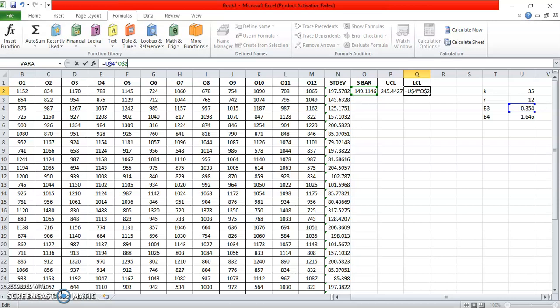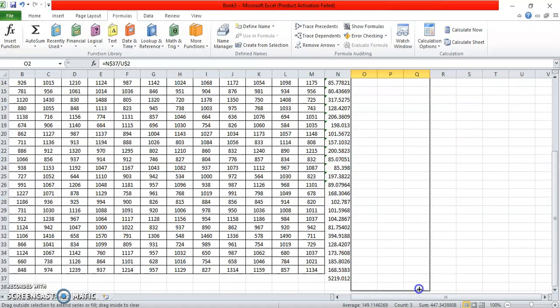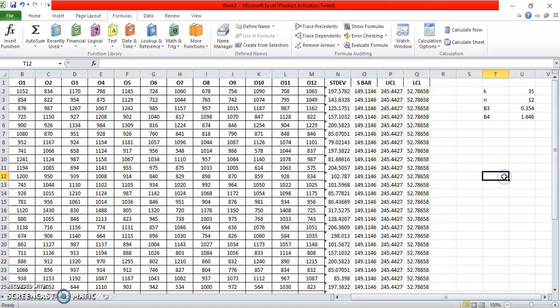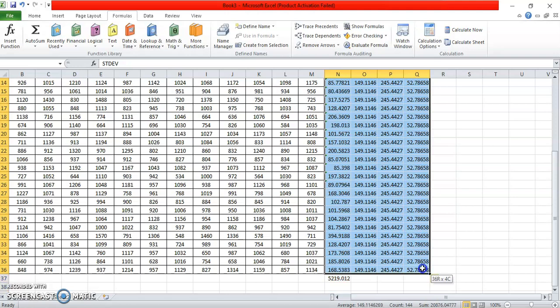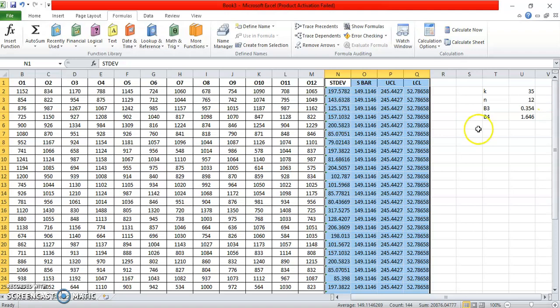See, undertaking these operations on Excel is very easy and it saves a lot of time, but it's very important to be careful with the steps. Otherwise, missing one step can create a lot of trouble while handling the data. So this way we got the values for your control limits. Now to plot the line graph, we have to select these four values: the standard deviation value, the S bar value, the upper control limit, and the lower control limit.